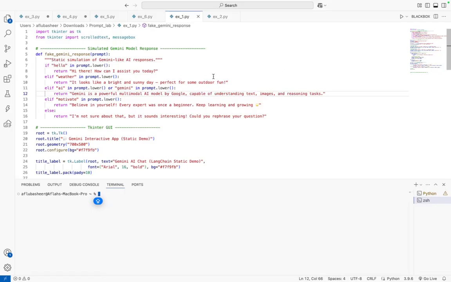Then step two, we are simulating the model response. This function acts as a mock version of the Gemini AI model. Instead of calling a real API, it checks the user's input and returns a predefined response depending on the keywords found. For example, if the prompt contains hello, it responds with a friendly greeting. If the user asks about weather, it gives a sunny day message. If the question is about AI or Gemini, it gives an informative answer about Gemini being multimodal. This approach is similar to what an intelligent AI system would do: understand input, match context, and return a